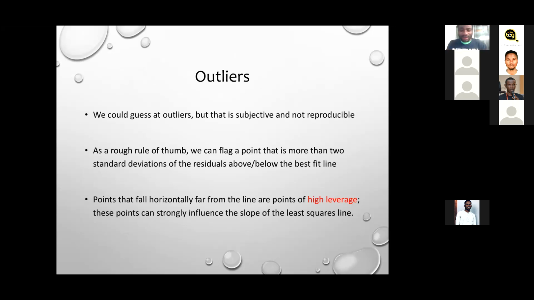Now, one other more important aspect when we are working is outliers. I think outliers are even more important than the p-value, because if you have outliers, then your model is only as good as your data is good. But the question we face all the time is, what is an outlier exactly? Is the outlier the data that I don't like? Or is it the data that I wish I didn't have? So what we could do is take a guess, right? And then just remove them. But that is what is known as non-reproducible